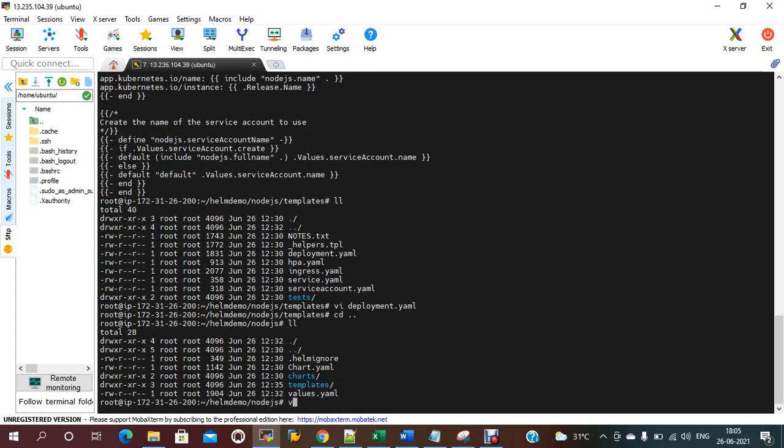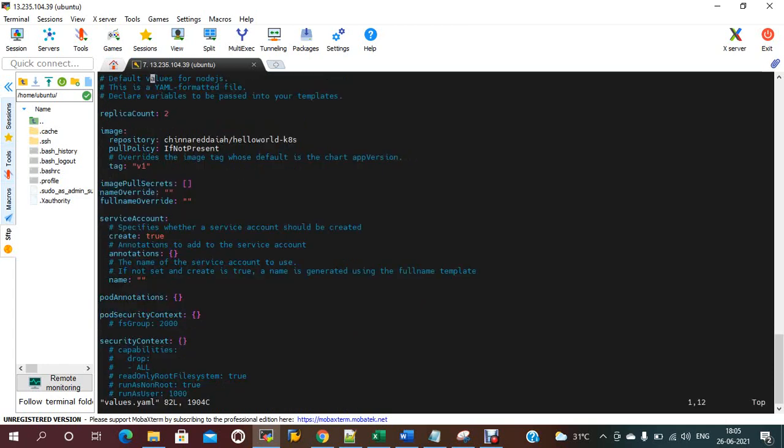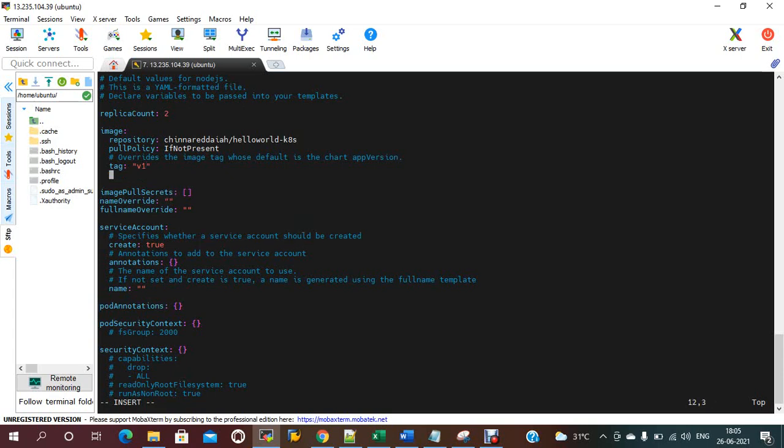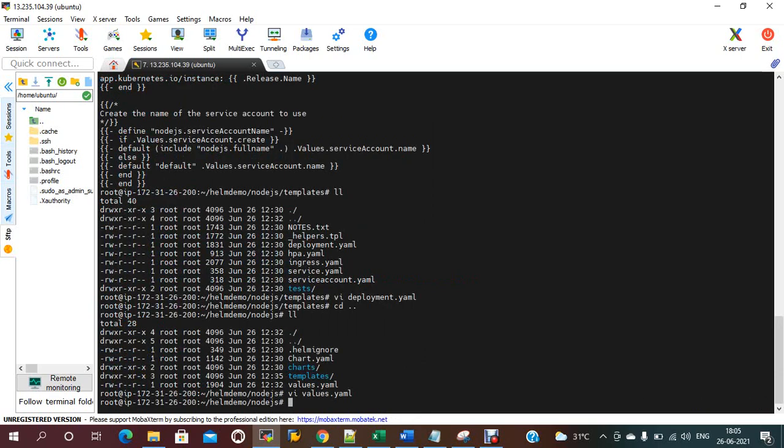So I just need to add that container port value, and add that tag also, 8080. Now I'm saving this Node.js chart. These are the changes I made in the files.